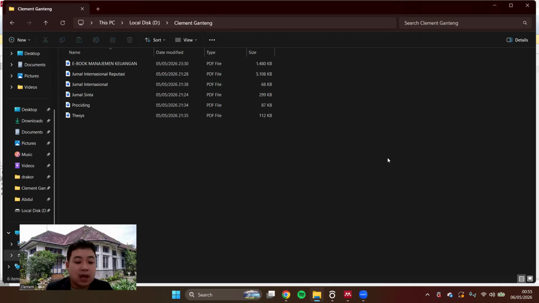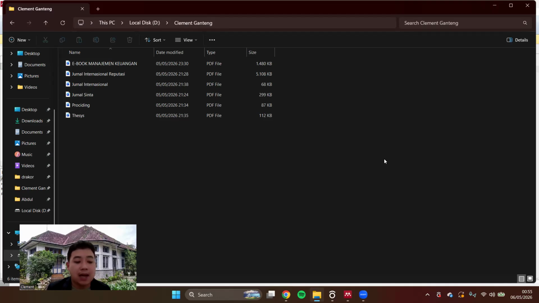First step, click the add or add new button in the top left corner of the Mendeley app page. Then select the add files option. Once the file browser window appears, I'll pick them one by one.